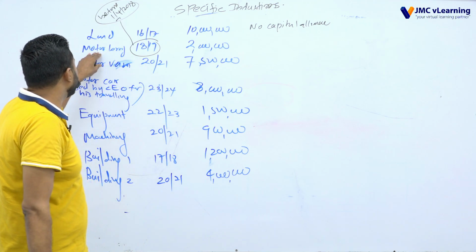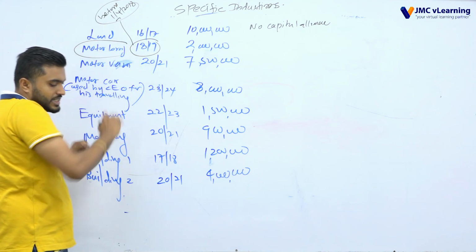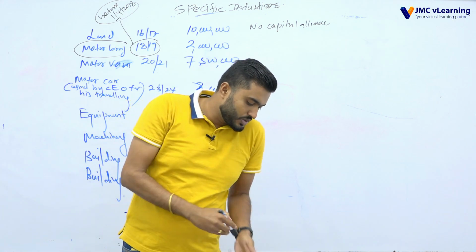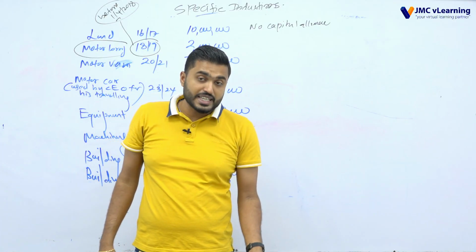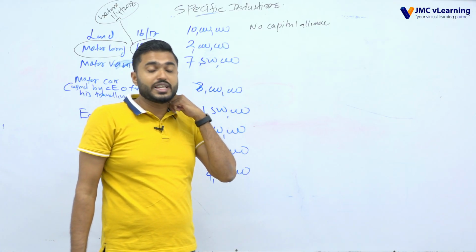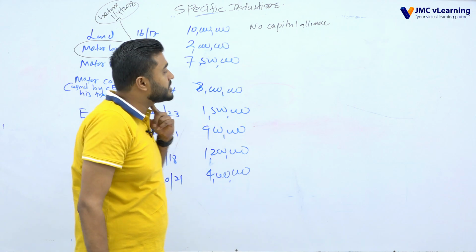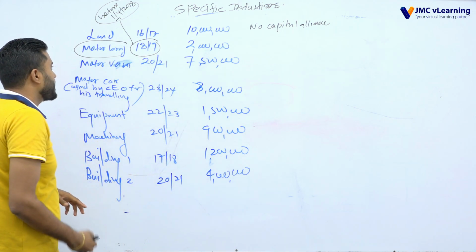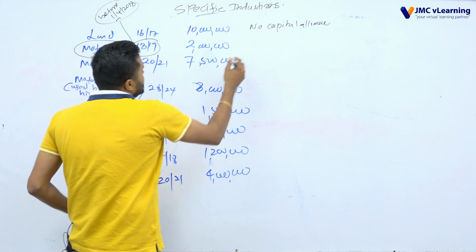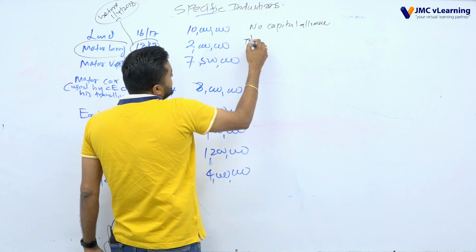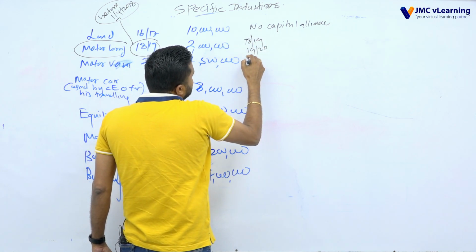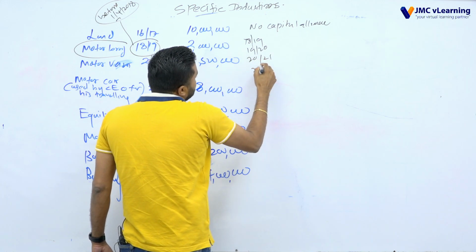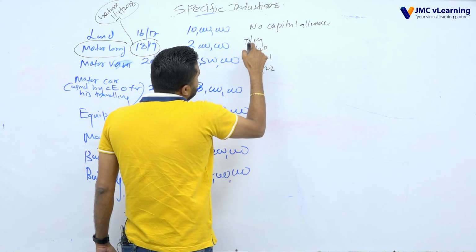For the motor lorry, what is the class? You can see under the new act the motor lorry consists of class 2. If it is a class 2 asset, the maximum number of years you can take is 5 years. The 5 years in the sense, my dear students, for the asset you purchased, you get the full capital allowance over 18-19, then 19-20, then 20 and 21, 21 and 22, then 22 and 3,